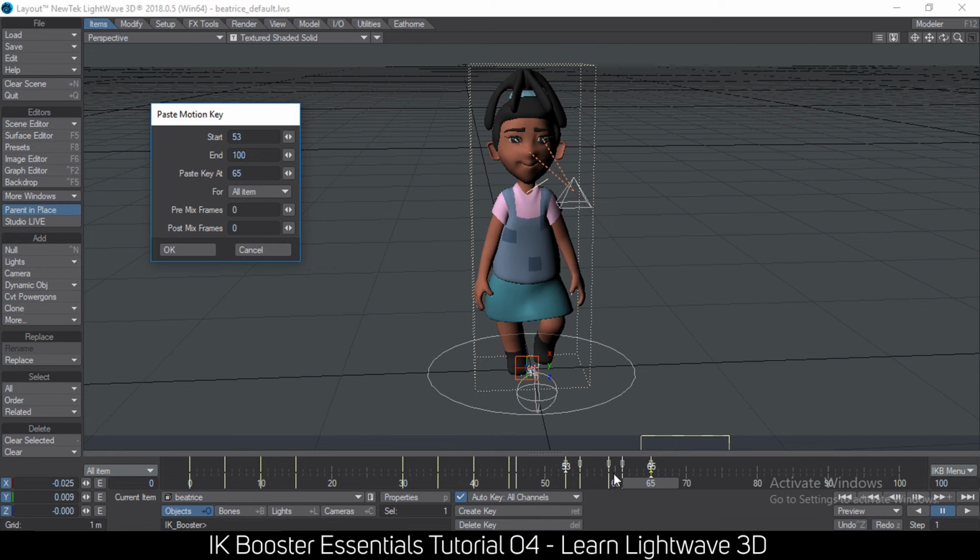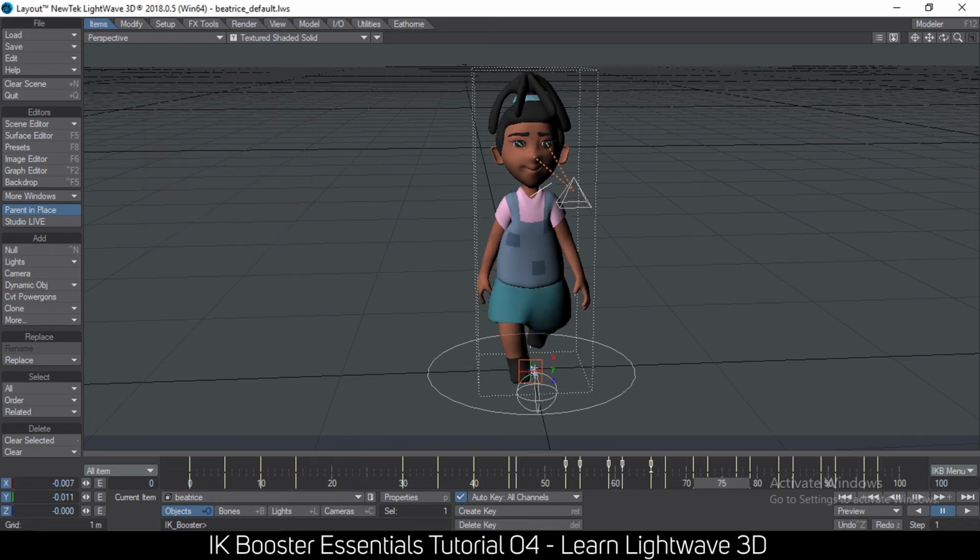Okay, so it's pasting at 65, but I want it to end at frame 100. Now it won't end at frame 100 itself because it's going to include these keyframes that I have copied in the calculation. So if these keyframes are, I think this is like 12, a motion of 12 frames, so it's going to be 112 total. So if you want it to end at 100 itself, you can subtract 12 to make sure that it ends at 100. But for the purposes of this tutorial, this is fine. I'll say 100 and say OK. So now it's looped